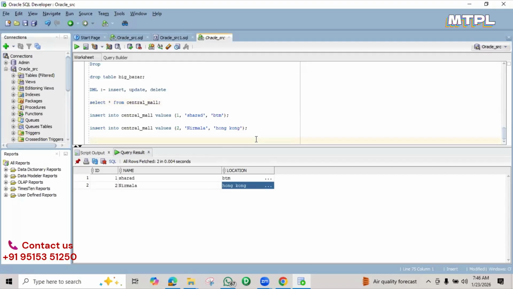Then, Tulja, I have a question for you. Can you please tell? Imagine we want to insert a value. ID is 3, name is Lokesh, and location is, imagine, Janagar. What will be the syntax for the same? Okay, it's insert into central mall, values, open bracket, 3, comma, space,